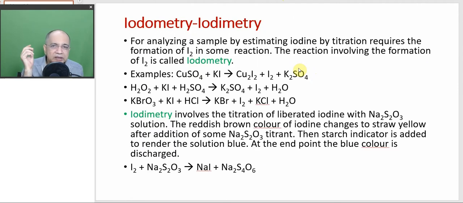Now iodometry is the reaction in which iodine is produced. In sample analysis, some oxidants are allowed to react with excess KI to produce iodine, and that iodine is estimated by titration. Iodimetry is the process in which iodine is consumed. The process in which iodine is produced can be of many possibilities. Supposing you are analyzing a copper sulfate sample, you can treat it with excess KI to produce its equivalent quantity